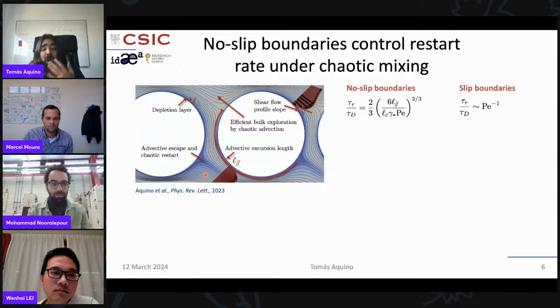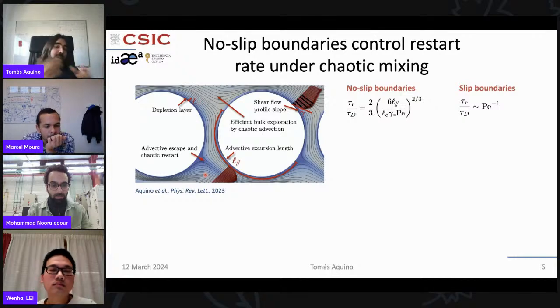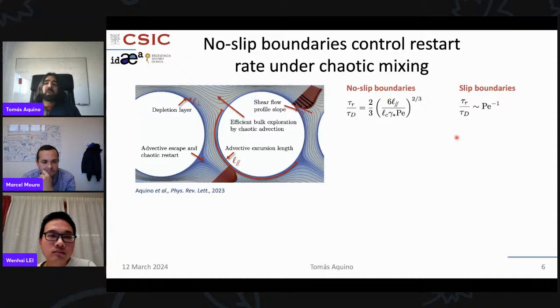Now, in modeling this restart rate is when the difference between the BCC and the Baker's map becomes clear. And the reason, it turns out, has to do with boundary conditions. Here I'm mentioning restart times, which are just the inverse of the restart rates, normalized by the diffusion time. In the Baker's map, we have essentially slip boundaries, just because the deformation in the map doesn't care about the boundaries being present. It's not hampered by the boundaries. So the restart rate is proportional to the mean velocity, and so the restart time over the diffusion time just scales as 1/Pe.